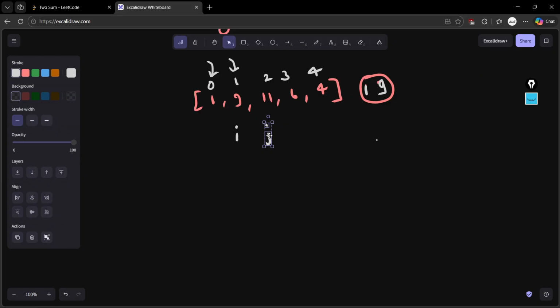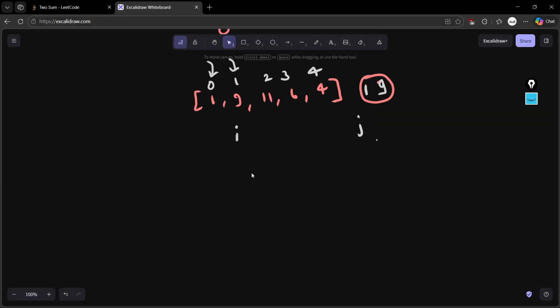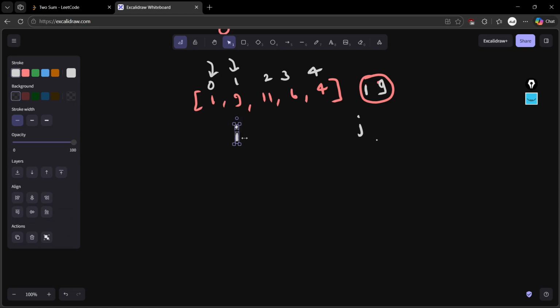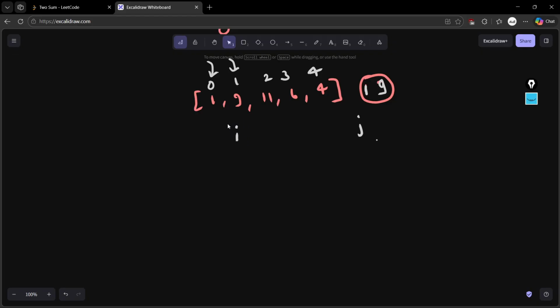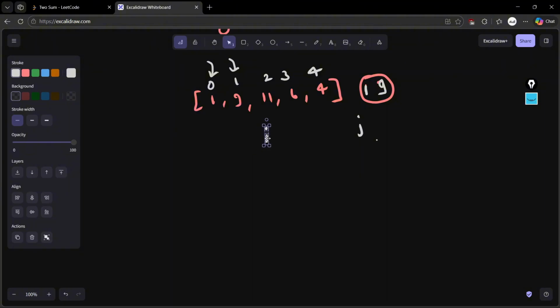So for I equal to 1, that is index 1, we will check j. So 9 plus 11 is 20, which is not equal to 19. We increment j. 9 plus 6 is 18, which is not equal to 19. We again increment j. 9 plus 4 is equal to 13, which is not equal to 19. And we will again increment j, and it will get out of the array. So when it gets out of the array, that means it's time to increment our I. So we will increment I by 1, and for I at index 2, we will again iterate over the